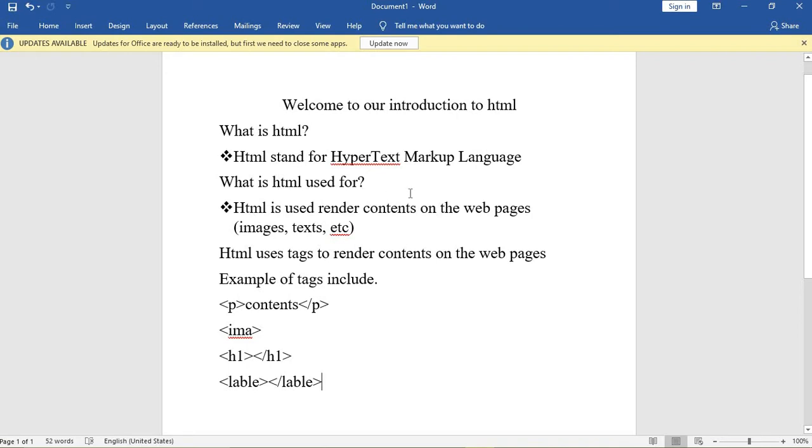So what is HTML used for? Important question. HTML is used to render contents on the web pages, things like images, text, etc. All those things that we see on the web pages, most of the web pages that we see, are built using HTML. Of course, there are also web applications, but in a static website, let me just say